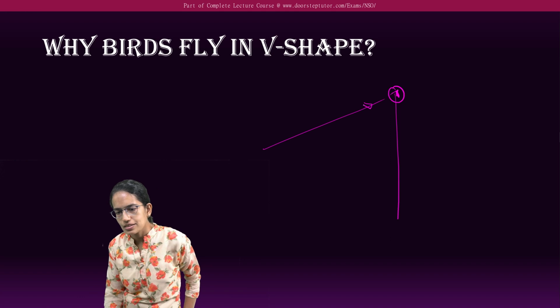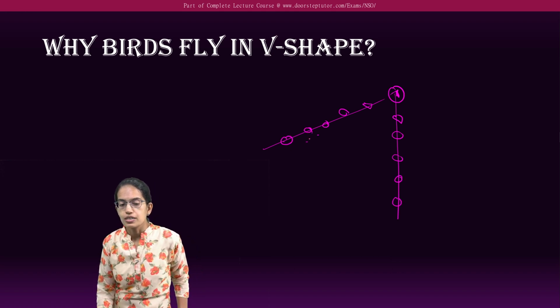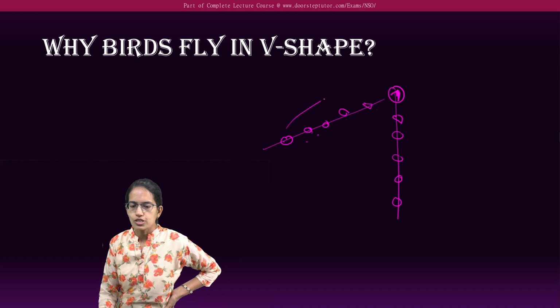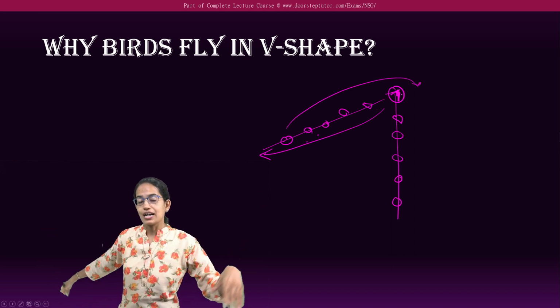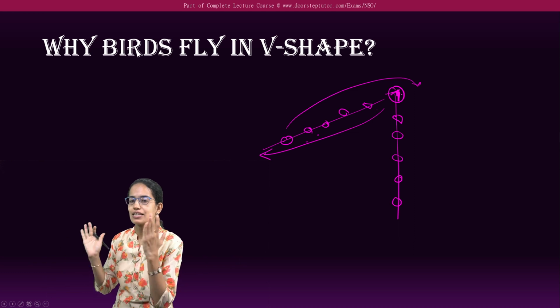As a result, the birds which are following them have to use less energy to fly. So a very good team spirit. Not just this, the birds actually know when a bird gets tired, so they automatically change their positions. The last one would come to the front and the first one would go to the last, because the first one has to flap at a faster pace, cutting the air resistance at the highest pace,